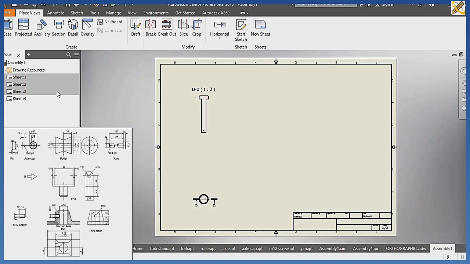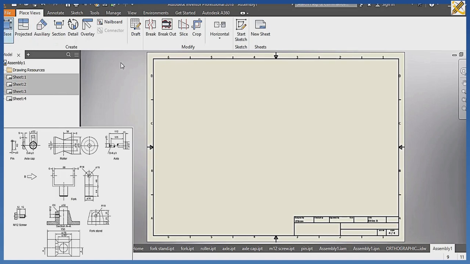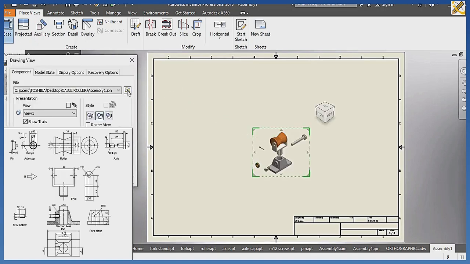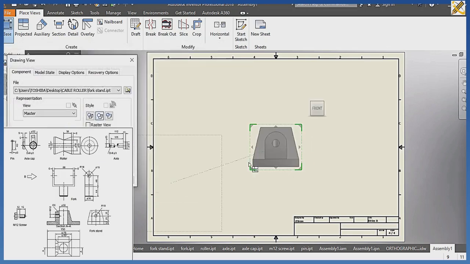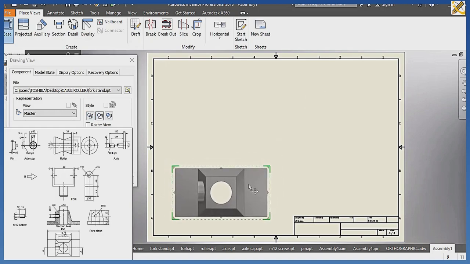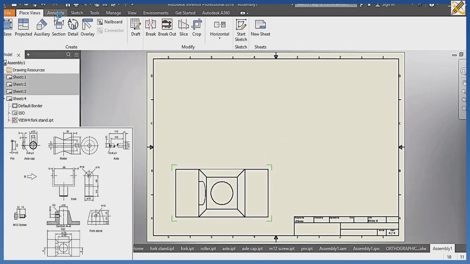So I'm going to new sheet, do your dimensioning there also. Base, on base, I'm going to pick the third item from that balloon, which is the fork stand. Then open, clicking my open. I'm going to tilt it this way, showing it this way, coming down here, clicking my okay, picking my section,